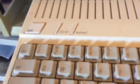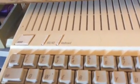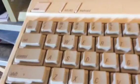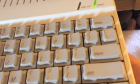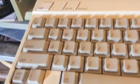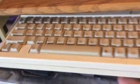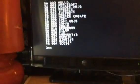If you've never seen an Apple 2C, this is what it is. You have the vents for cooling, the reset button, the 80 and 40 column setting. It has built-in 80 and 40 column settings. You can do lower and uppercase, a thing to activate the keyboard, escape key, just pretty much standard keys, delete, return, shift, your cursor keys, open and close Apple, caps lock, and control, and that's it. And in the back, of course, I'm not going to pull it out because then everything will fall on the floor. Your connectors, and this is hooked up to the Westinghouse using a